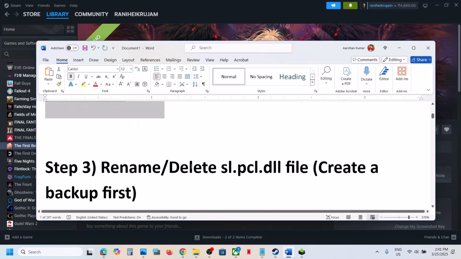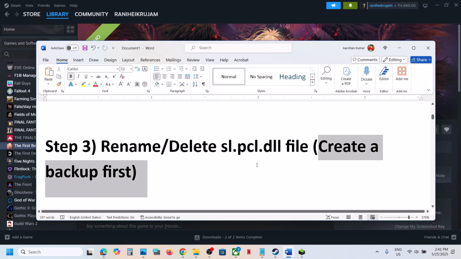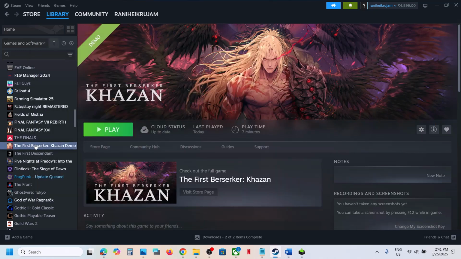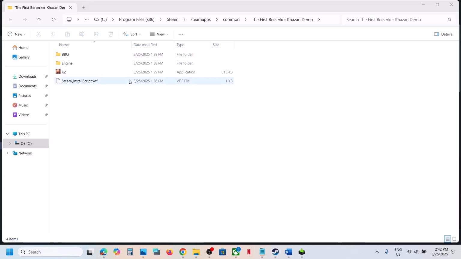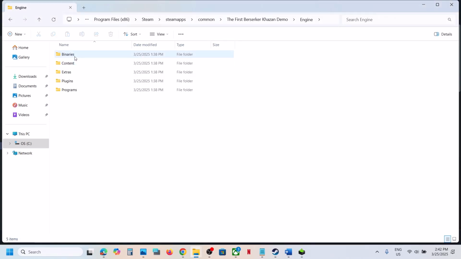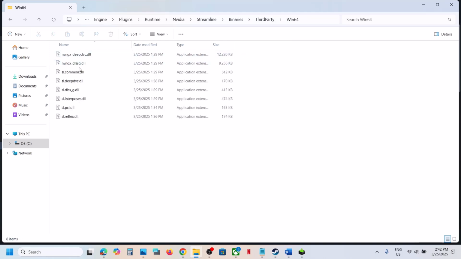Still not working? The next step is to rename or delete the sl.pcl.dll file. You can create a backup first. Now for this, you can go to the game installation folder, make a right click on the game, select manage, and then click on browse local files. Now open the engine folder, and then open the plugins folder. Now open the runtime folder. Now open the NVIDIA folder. Now open the streamline folder, binaries folder, third party folder, Win64, and over here you will find